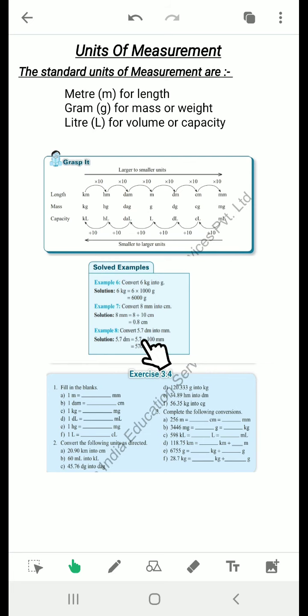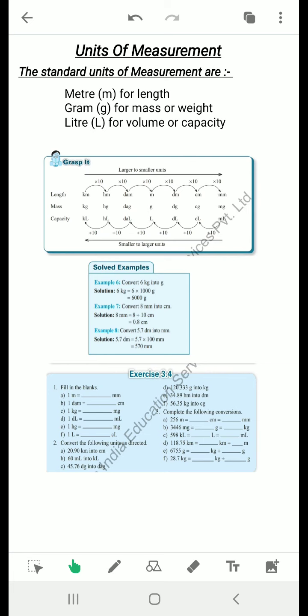Okay, so here it is dm to mm. Dm means decimeter, decimeter to millimeter. Decimeter is a larger unit than millimeter, so we will multiply, by one step, two steps,